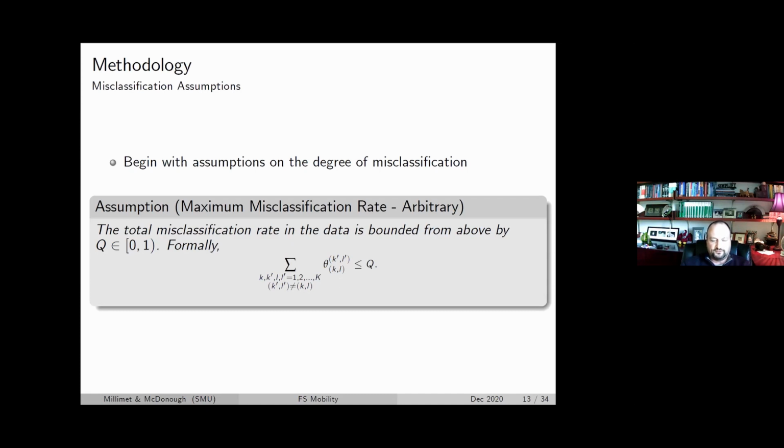So the way to interpret it is just like, if I set Q equal to 0.2, then that means that I'm allowing for the fact that 20% of the sample is observed in the wrong cell than what they really are, all right? And it's arbitrary to the extent that I'm not saying who that 20% is. I'm just saying, hey, at most 20% of the observations in the data set are misclassified, and it could be any 20%. All right. In practice, I really have no idea what Q is. So the graphs, like I'm going to show you, we just vary Q. And at least then we can learn about how sensitive the bounds are as we allow for more and more measurement error in the data.